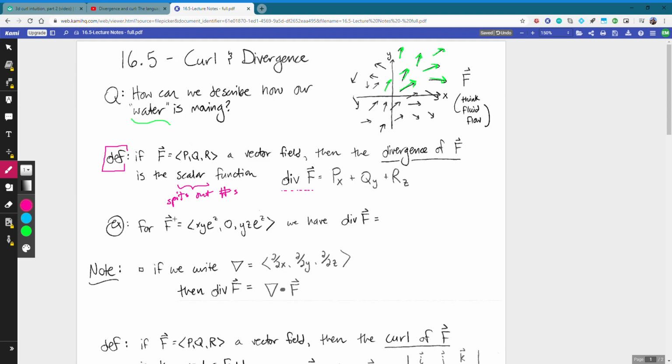And so we can just put this to work. Here's a vector field on 3 space, and we can find its divergence through this definition, right? If here is our P, our Q, and our R, well, following our definition, taking the partial of P with respect to x, we're going to see just y times e to the z. Partial of 0 with respect to y is 0, and partial of R with respect to z, we would actually need